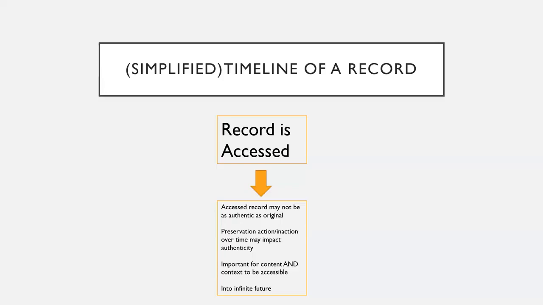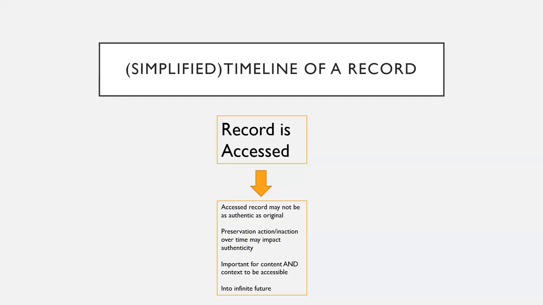There may be some changes to the content and context of the records that result in a loss of authenticity. Ideally, this loss of authenticity isn't too severe. Ideally, changes to the significant features or characteristics of the records aren't so meaningful that the record ceases to be authentic entirely,